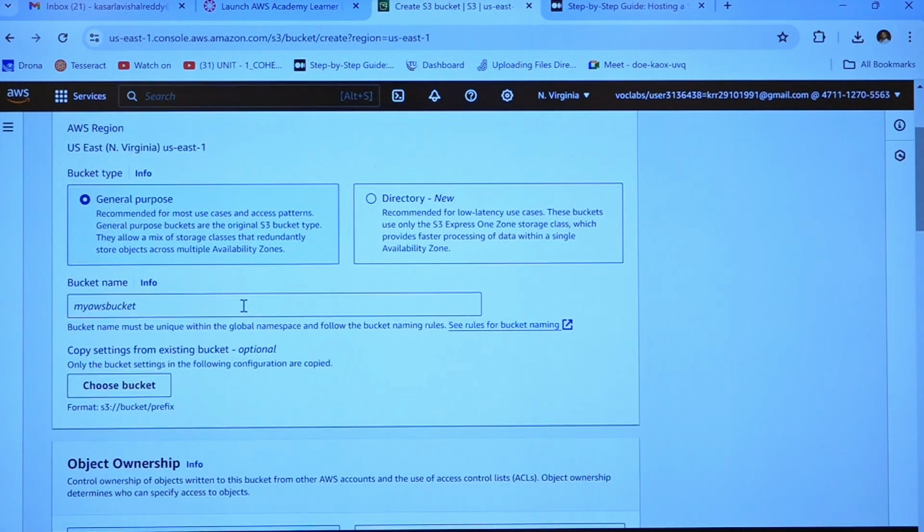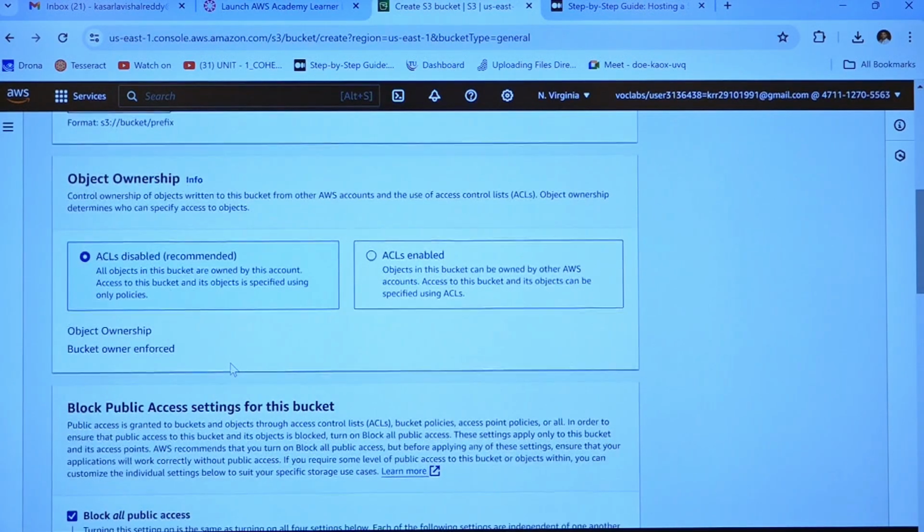And the bucket name should be unique. So, I will be naming it as June 4th 2024 S3 website hosting something,